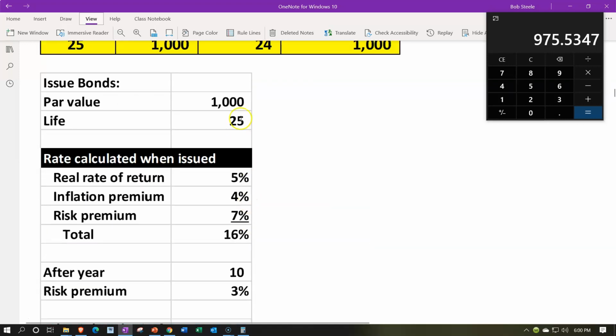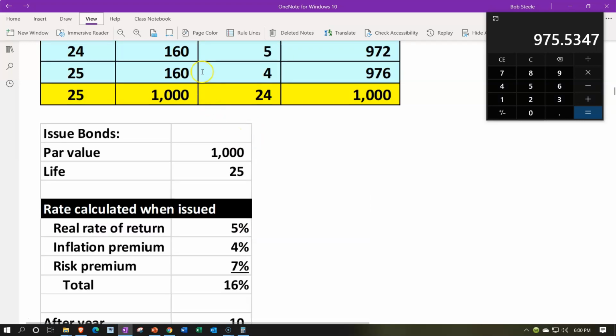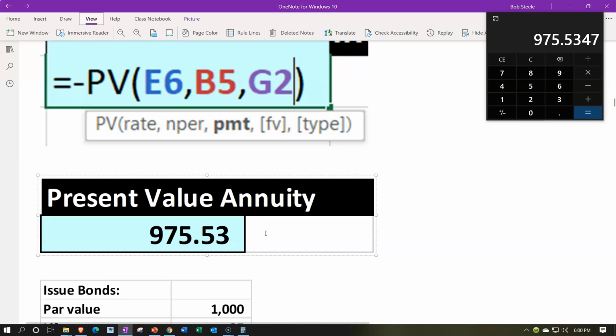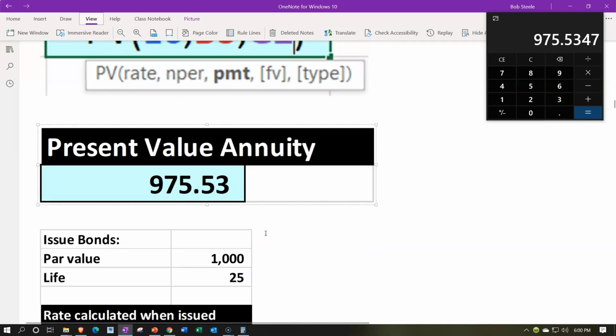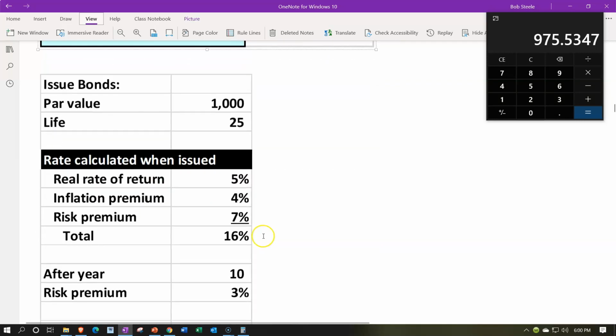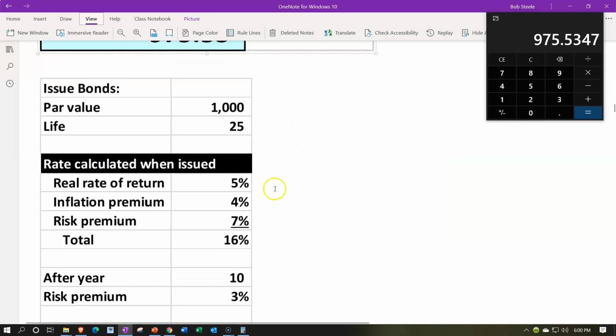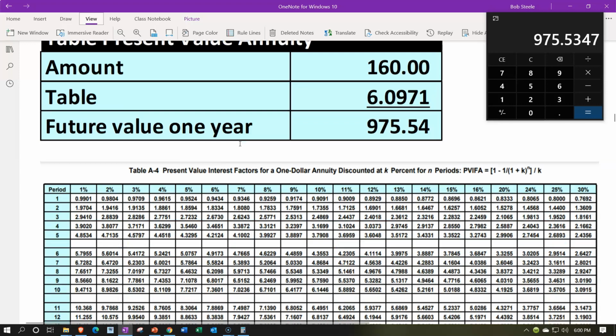The payment is the 1,000 times the 16%, or 160. That then gives us, in the magic way format, 975.53 again. Then let's do the same thing with tables. We can do the same thing with tables. That 160 annuity payment, which was the 1,000 times the 16%. We can then take the tables, which are 16% and 25 periods, and look on the proper table,